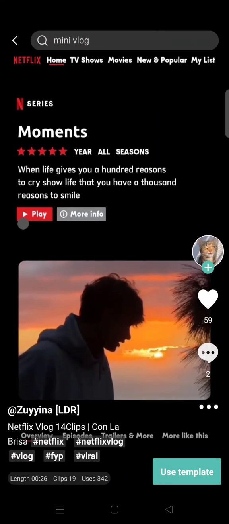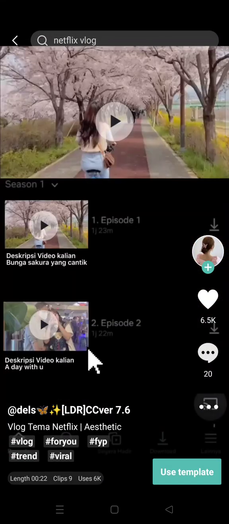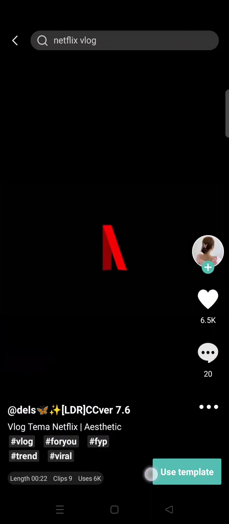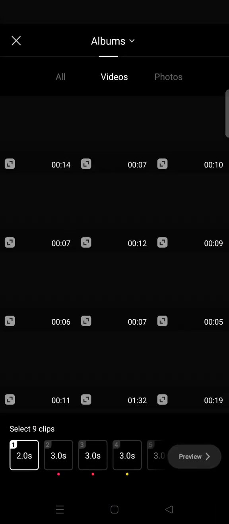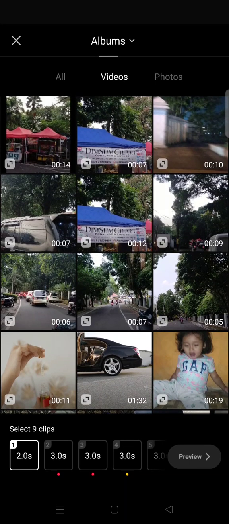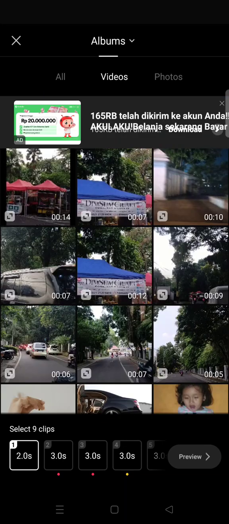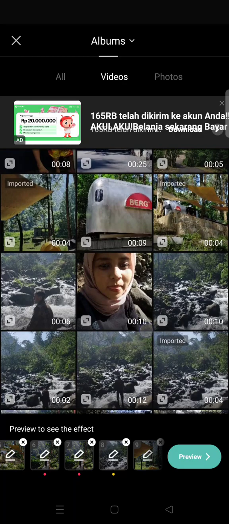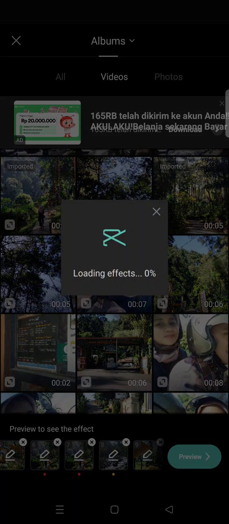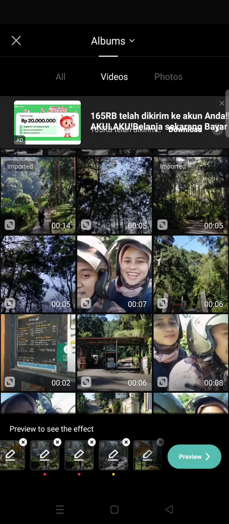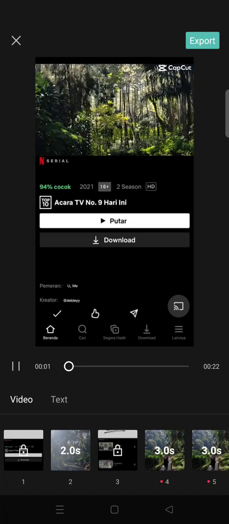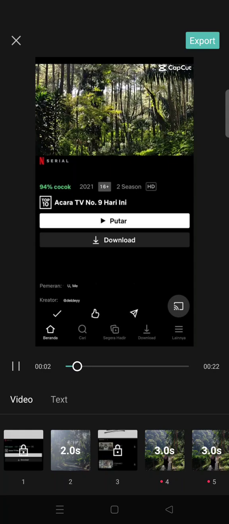For example, I'm going to use, okay, so let's say I want to use this one. Just click on use template, then fill in the template with your clips. Okay, so after you finish, just click on preview,